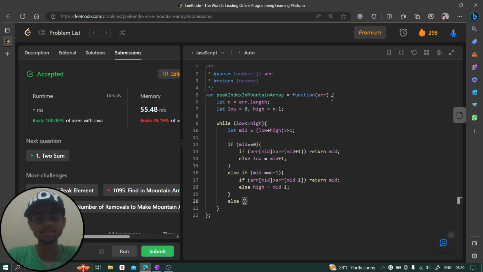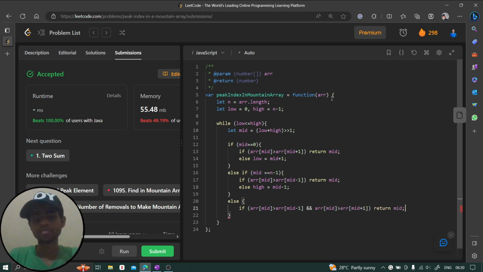Fine. And the last condition, if it is in between 0 to n minus 1, then we are going to say if arr of mid is greater than arr of mid minus 1 and arr of mid is greater than arr of mid plus 1, then you have to return mid. Otherwise check arr of mid, if arr of mid is greater than arr of mid minus 1, then you have to move to the left side, right? So if above condition does not satisfy, you have to move to the left side, and if this is also not satisfied, then you have to move to the